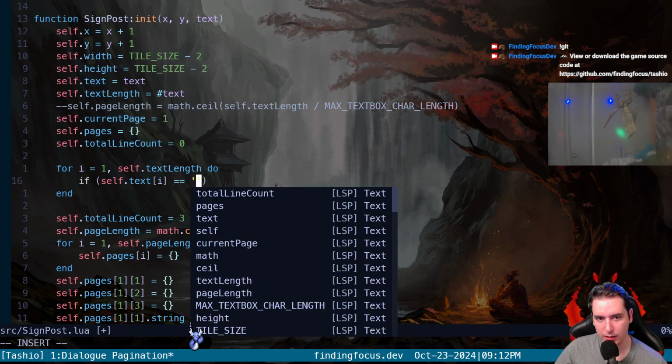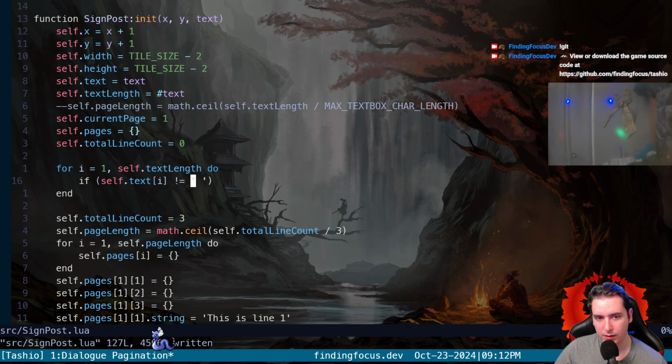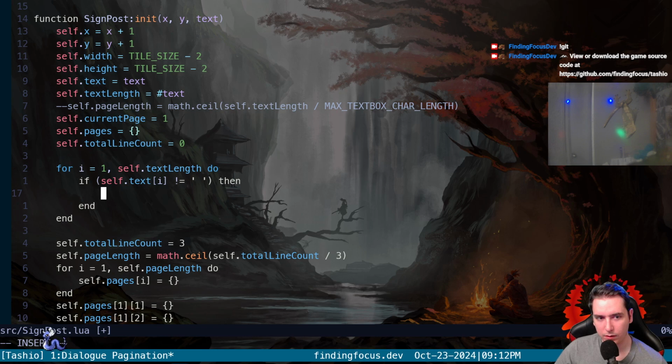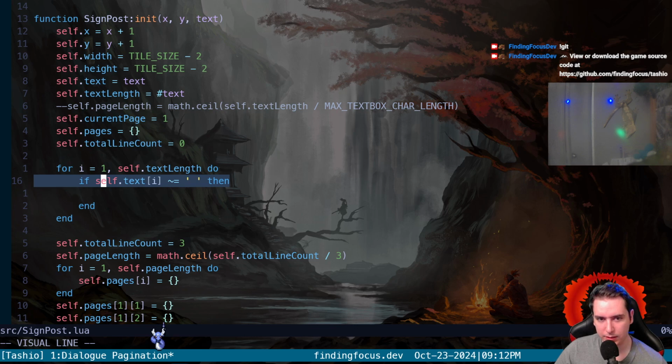So we can say does not equal a space. If self.text does not equal a space character, does not is tilde. Okay. If self.text at index i doesn't equal a space,